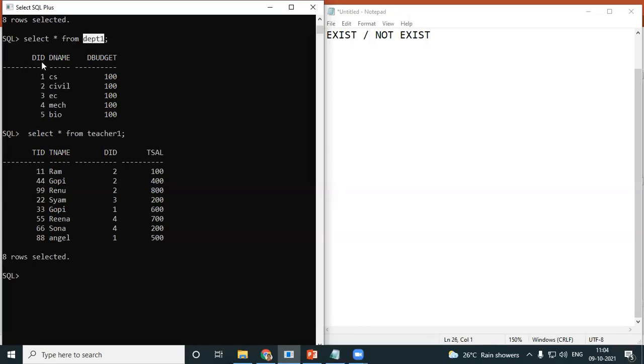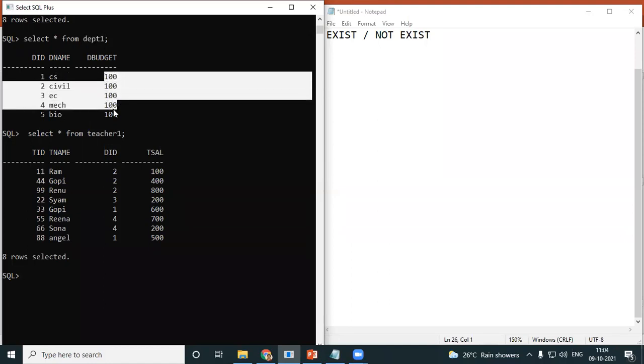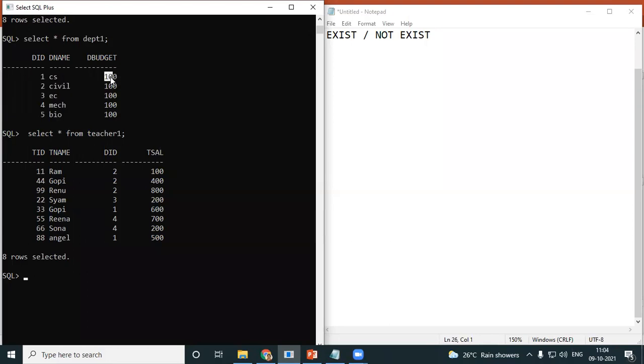Anyway, let's come to our department table. In the department table, you have a department ID. You even have department names, which are varchars, and you even have a budget for the departments. I just gave everything 100. It isn't much significant, but anyway, the department table has department ID, department name, department budget, out of which department ID is my primary key.